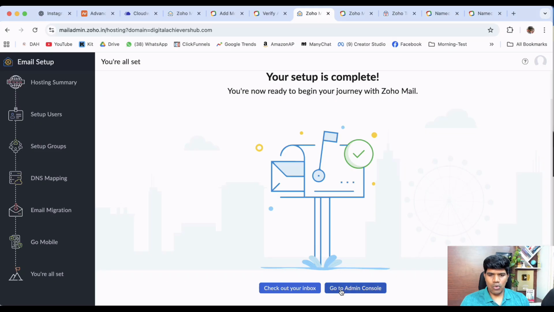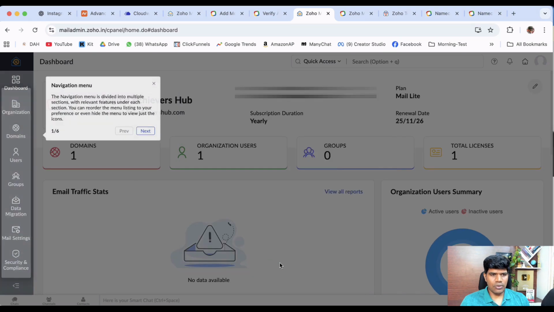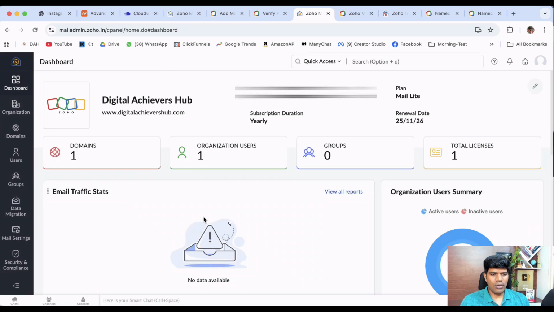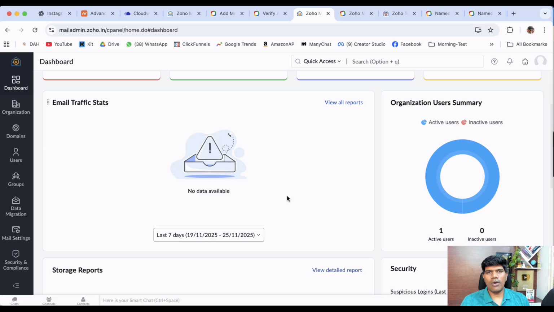Now it says go to admin console. Let me click on go to admin console. Okay, this is the console. Take a tour. All right, this is all good. Domain, one organization, user. Okay, now let's quickly do the setup for the mobile